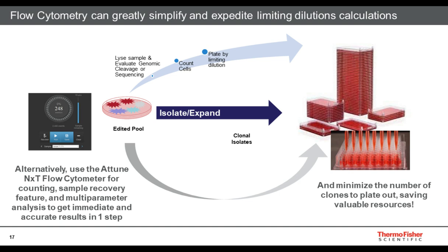And this is media, this is hands, you have to take care of these over time, and space in your incubator. Or you can use the Attune NxT, get an accurate count, even use the Attune NxT sample recovery feature, right? And use multi-parameter analysis as well to get immediate and accurate results in one single step. What I mean here, that was kind of a lot, is,